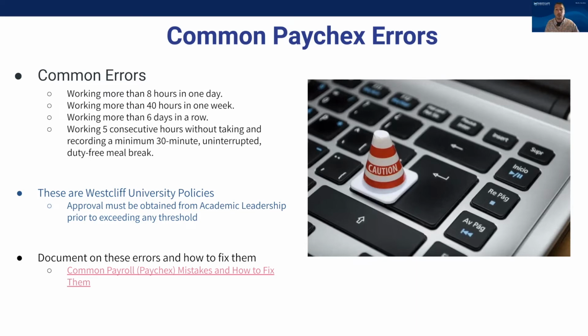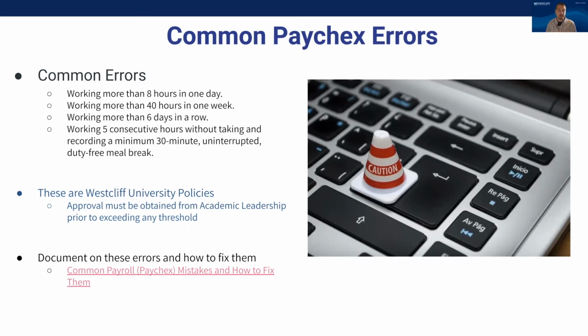So there are your 4 policies for you to remember. Do not work more than 8 hours in one day, more than 40 hours in 1 week, more than 6 days in a row, and do not work 5 consecutive hours without taking and recording a minimum of a 30-minute uninterrupted duty-free meal break. These are Westcliff University policies, and they must be adhered to when working and reporting your